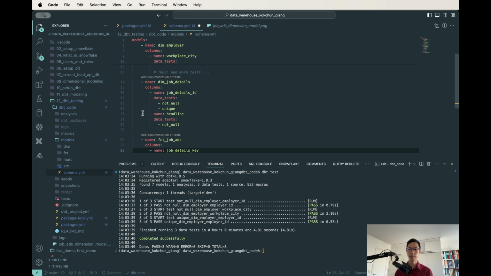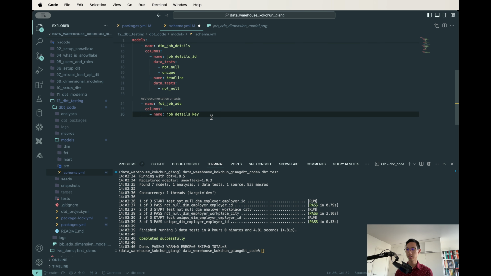And to do that, so we have this job details key, right? So data tests, and it's a relationship. So relationships. And this is quite good. It's quite easy to read YAML files and quite easy to make the tests. It's plain English, basically. So to, we need to reference. So we are referencing dim job details. And in job details, we go into the field job details